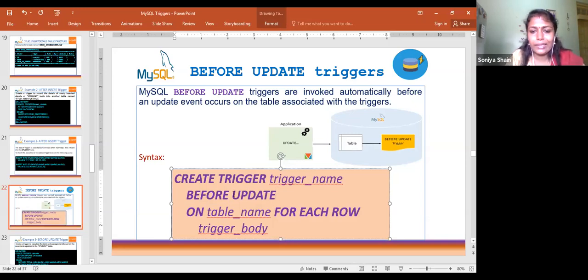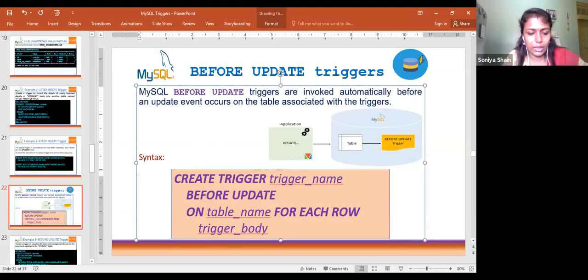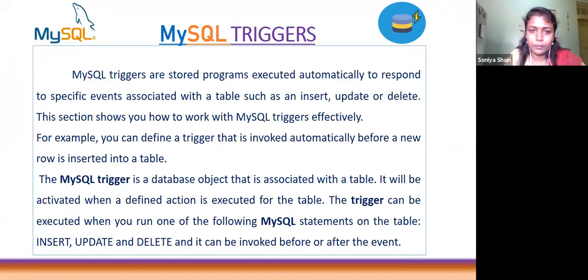Okay, so create trigger trigger name before update on table name. There is no confusion because it's for before update only. So here comes before update on table underscore name, which table. For each row you have to write the trigger body. We have to plan what the purpose is. So let us go for the example.